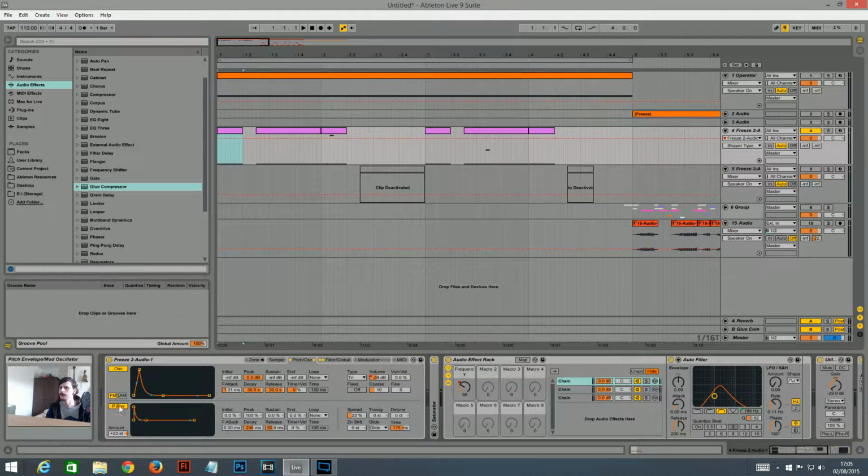Then what I did was I turned this pitch envelope on and set it to plus 23 semitones. Turn the decay to about 206 milliseconds. That gives it a sort of percussive attack at the start of the note. If you can hear that,